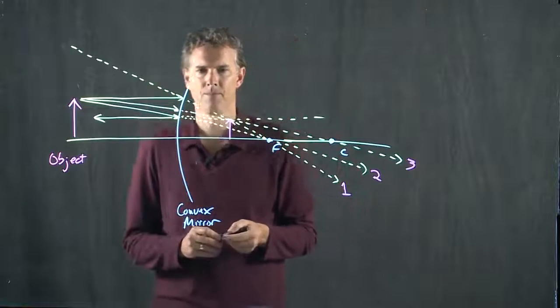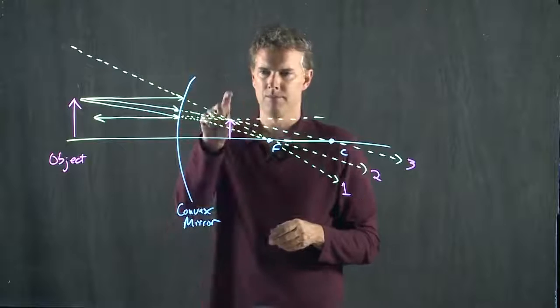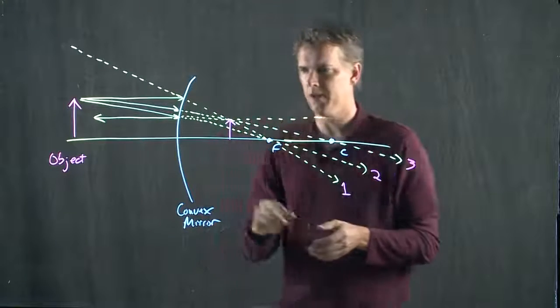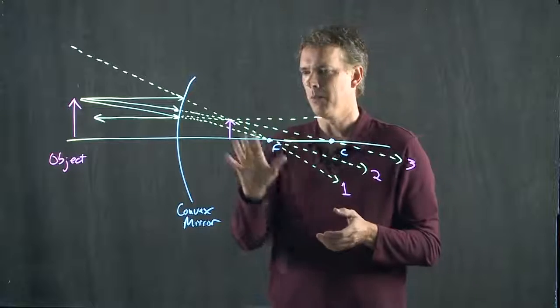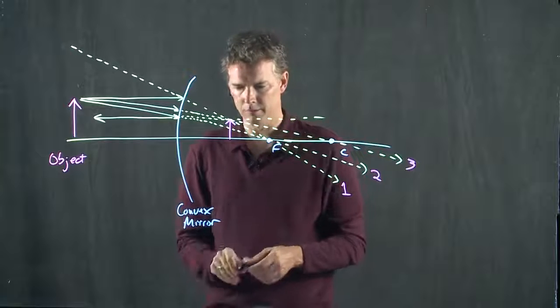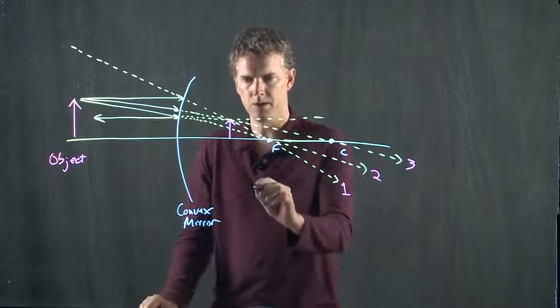Okay. Book might have a better picture of that. Sometimes it's a little hard to see up here on the screen exactly where it's intercepting, but that should be about the right position. This is, of course, a virtual image